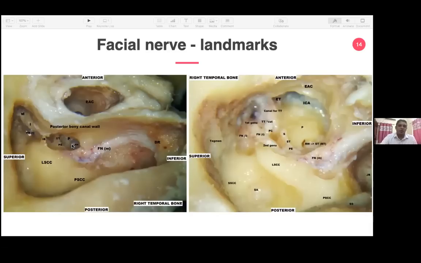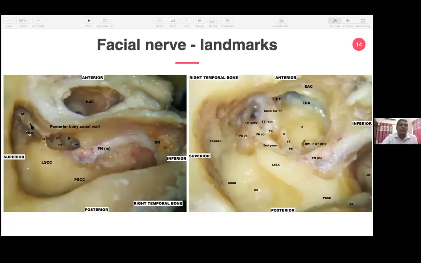The beauty of the petrous temporal bone, the dissection and the surgery, is all about the landmarks and the identification of the facial nerve. Now I'll tell you a few points to easily identify the facial nerve in any given situation, one by one. In the mastoid bone here, we are not going into the external auditory canal and the middle ear. We are talking only about the mastoid, and then we'll go to the middle ear. So this is the canal wall of mastoidectomy here. Now, the facial nerve will be lying